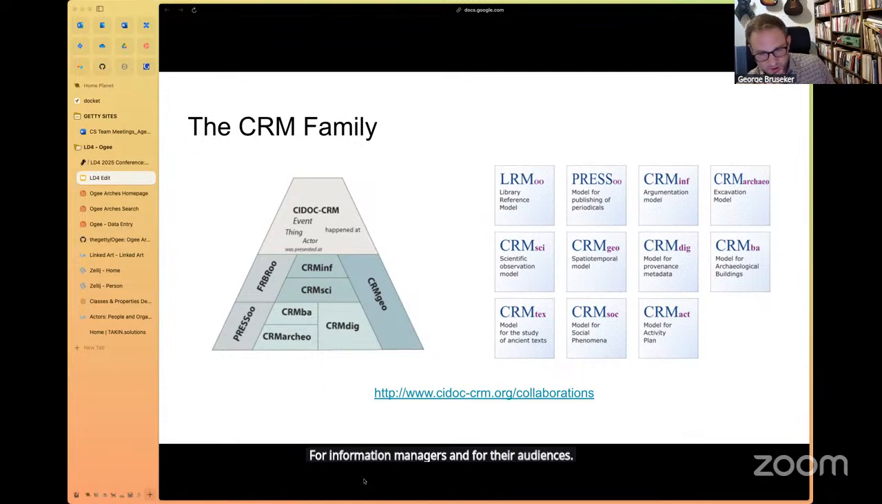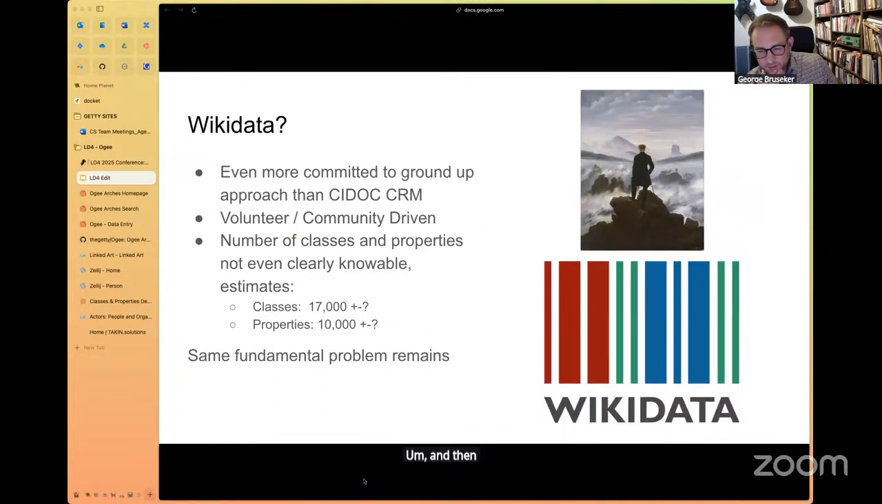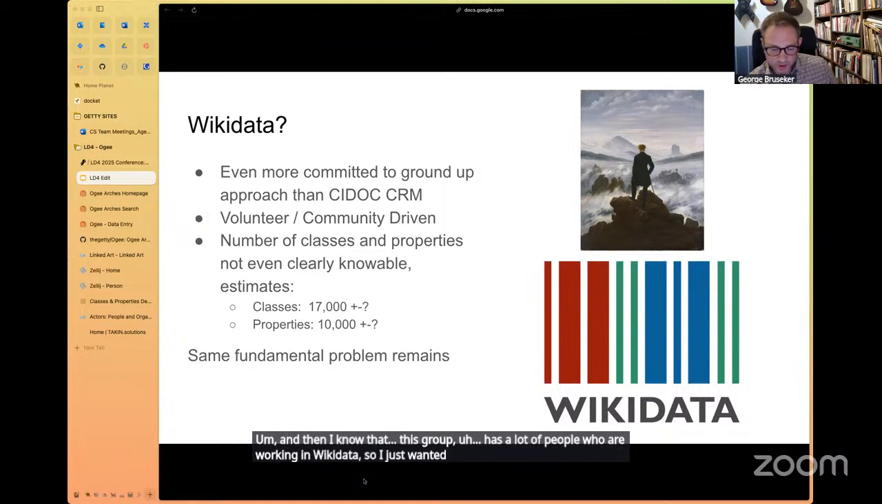So moving on to the next slide, please. And then I know that this group has a lot of people who are working in Wikidata, so I just wanted to touch on that briefly and say that hasn't been the focus of this project at all, but I just wanted to not ignore that in the conversation and say,